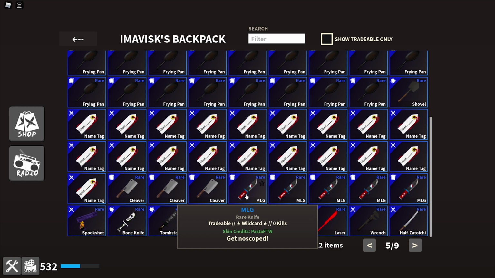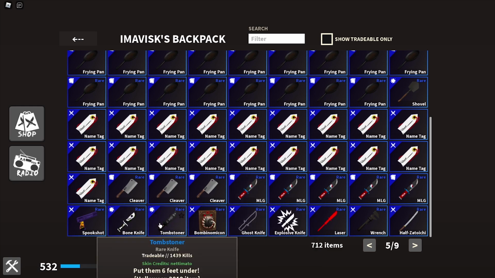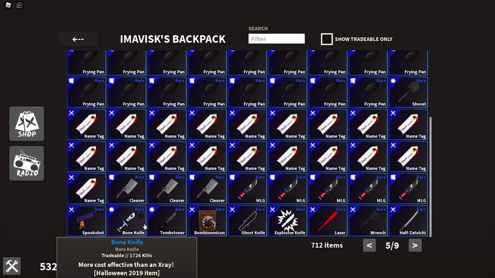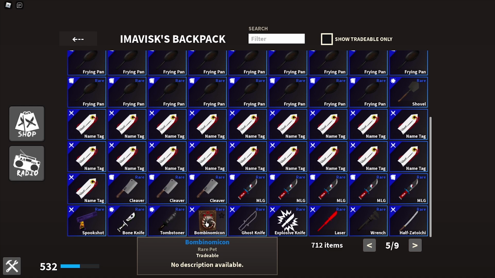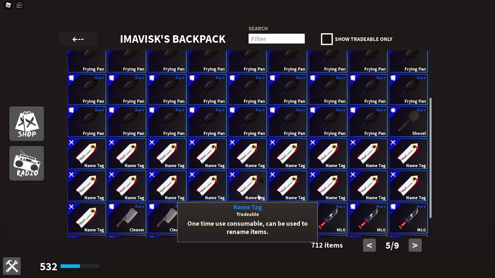The MLG knives, which you can get from the mystery crate. Then, of course, the bone knife, the Tombstoner 2019. So both of the 2019 Halloween items and the spook shot, which is pretty cool as well. The ghost knife. Then, of course, once again, an item which I think is no longer obtainable. Not really sure about that, but I think this one isn't currently available in the game, so very interesting once again. And of course a few abilities, and I'm not sure if I mentioned it, but a few name tags